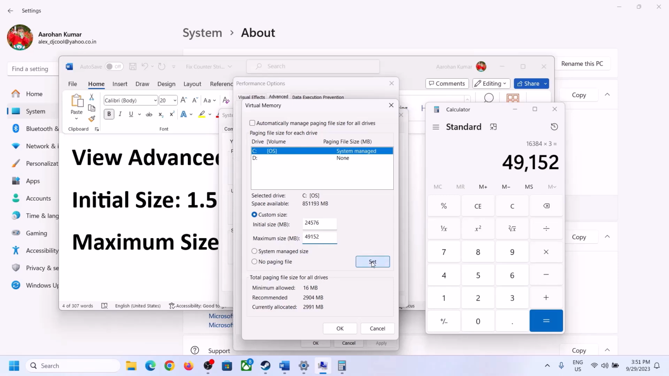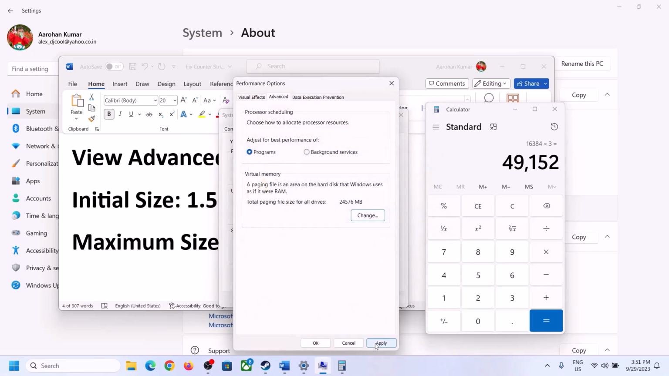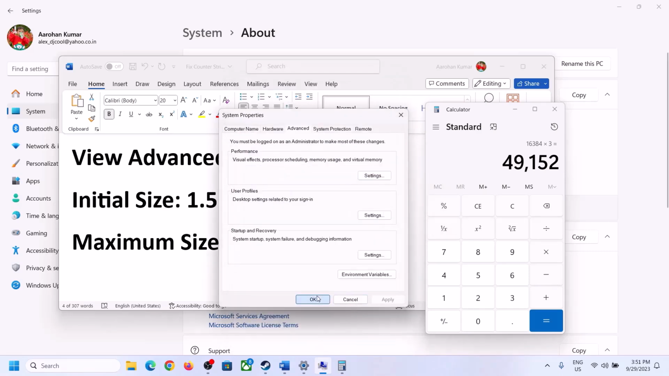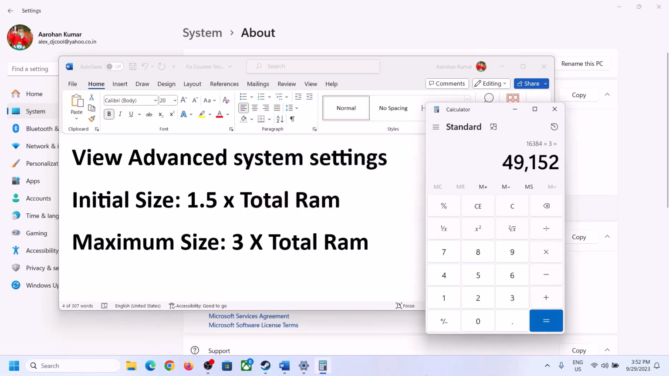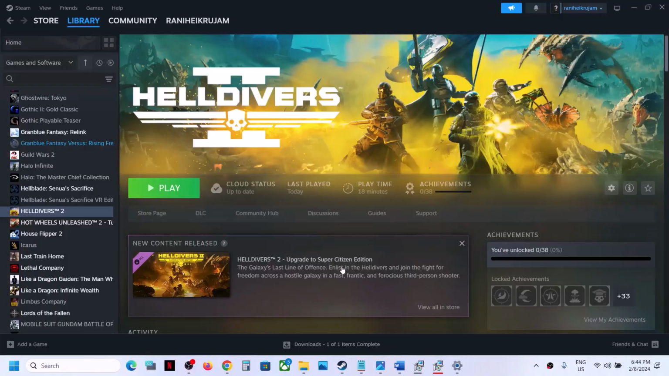Now click on Set over here, then click on OK, Apply, OK. Now restart the computer. Make sure that you restart your computer after this. Now the next step is to,